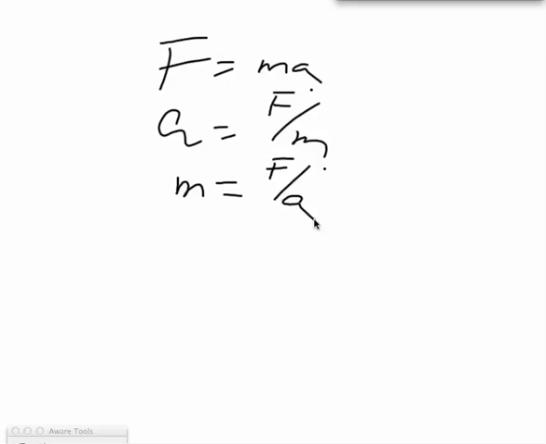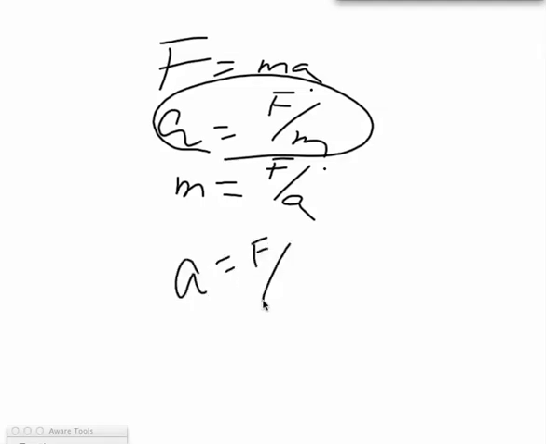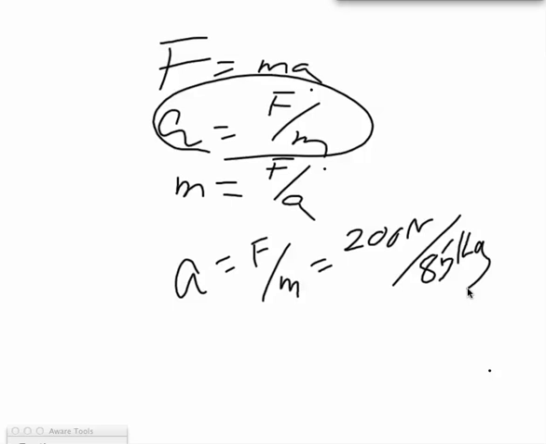So, in order to figure that out, you'd say, okay, well, we want to know what the acceleration is. We would use this part. And we know the force was, so A equals F over m. So we know the force was 200 newtons. What do we still need to know? The mass. Right? So let's see. There's 2.2 pounds per kilogram. So let's say 85 kilograms. That's 190 pounds? Oh, that's 185 pounds, I think. That's about right with my clothes on. Okay. So there we go. That's about how much it is.